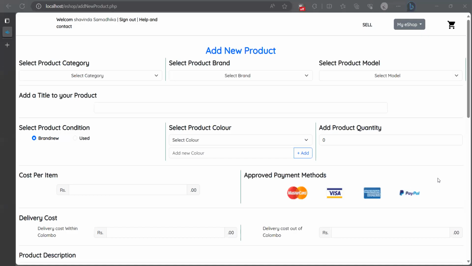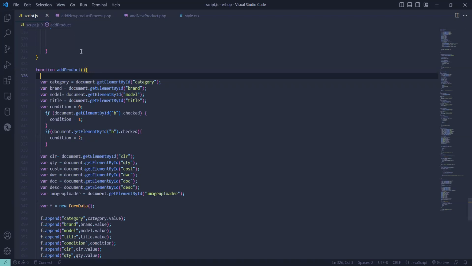Okay, now we are going to discuss how our process of adding a new product is done, and let's check how we do that. First, we get all the input field